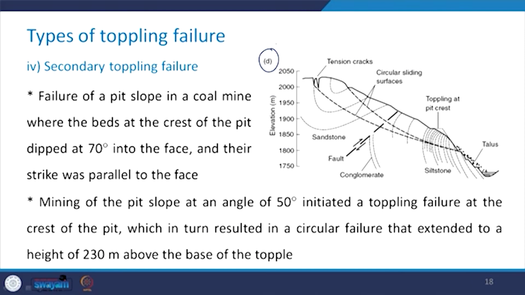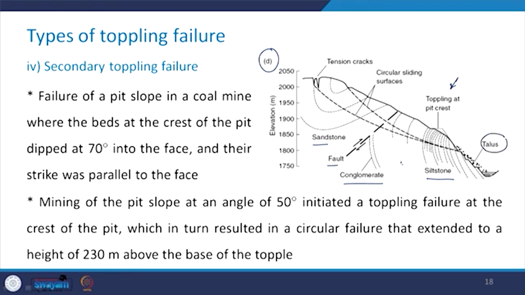Coming to the last part, which is the type of the secondary toppling failure, that is the toppling at pit crest. Now here you can see that sandstone, fault, conglomerate and siltstones are present as a part of this slope, and